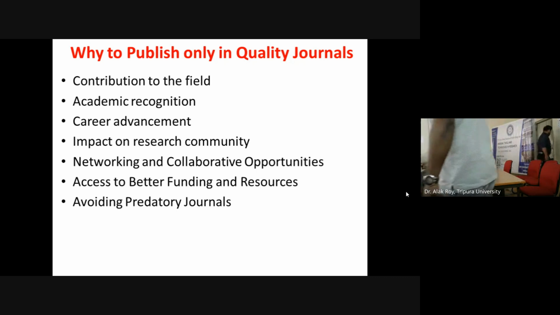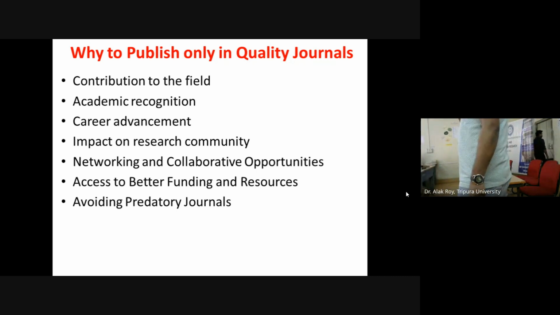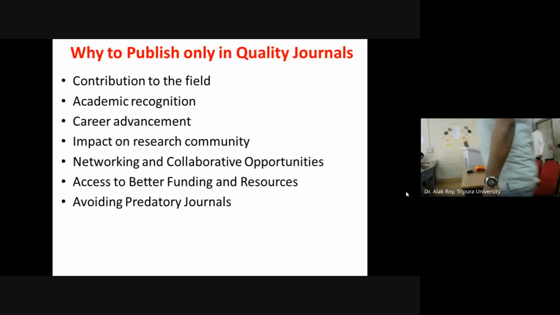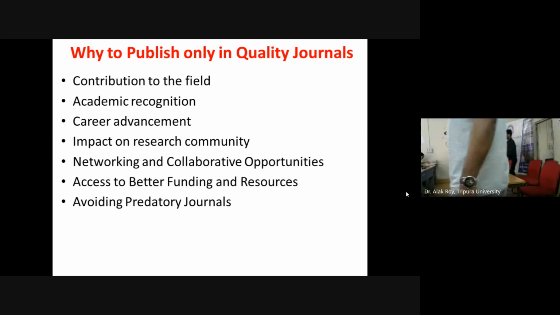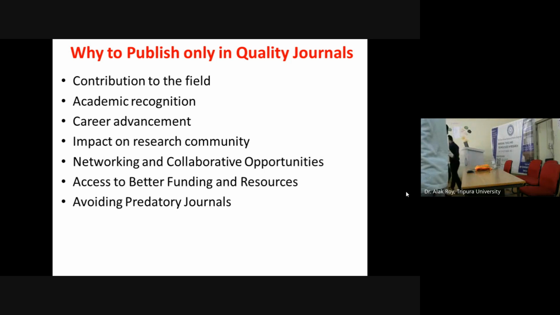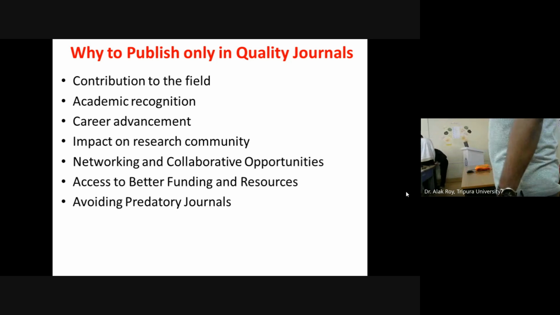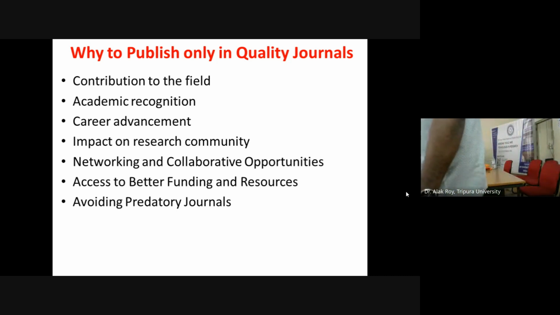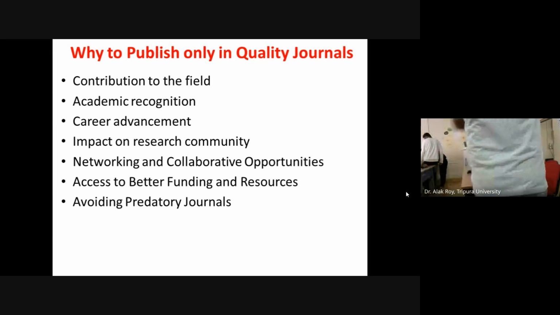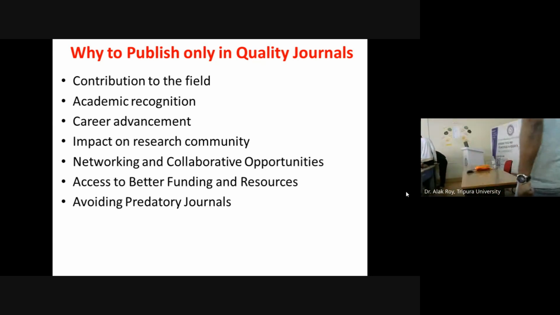No, a good researcher with good scientific acumen does not strive for quantity. I believe strongly, and I suggest this to everyone. Any good researcher, good academician does not strive for quantity. It's quality, and quality takes time, and time also has a cost. Remember that. So these are some of the points which I have tried to highlight.